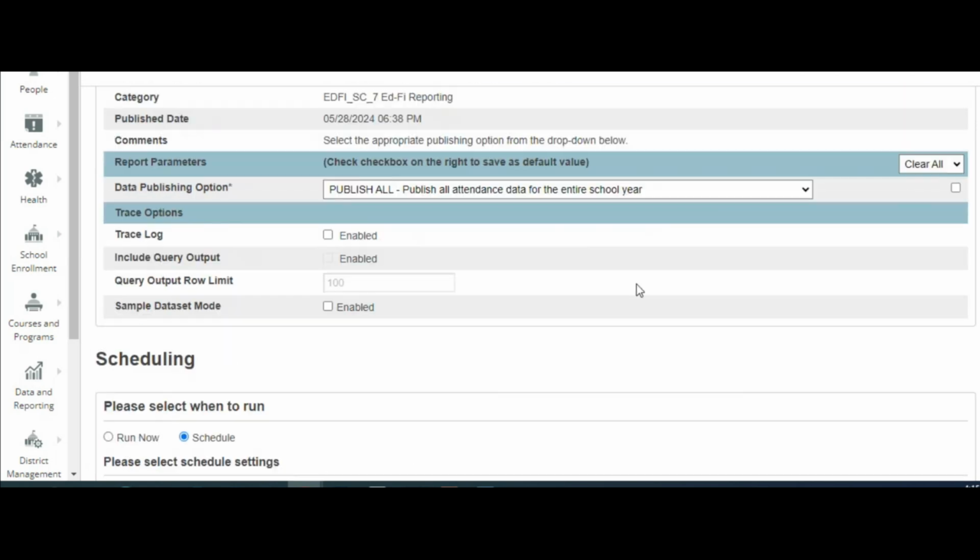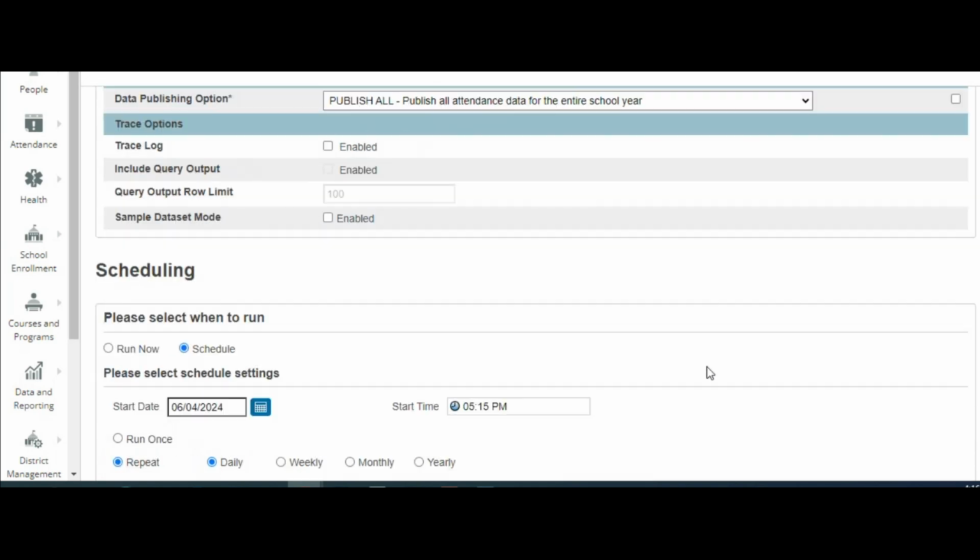With the publish all, if you do schedule it, you're probably not going to want to have it scheduled for a publish all for too terribly long. You would want to be really strategic about that, because that's a lot of records, and you might want to have those things running at night or sometime when it wouldn't potentially slow things down for you.